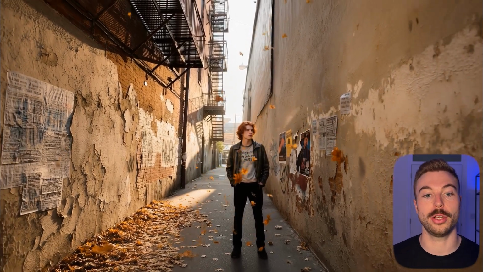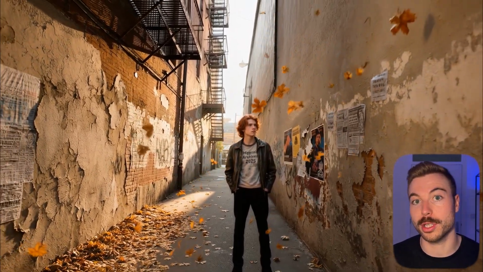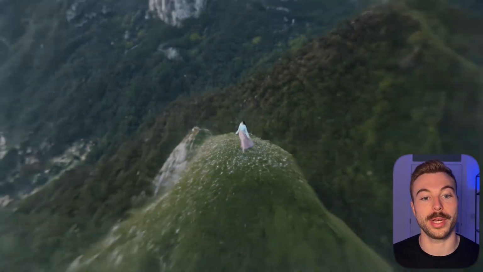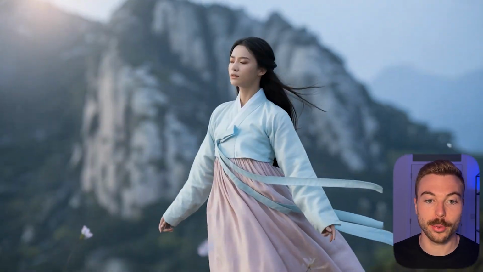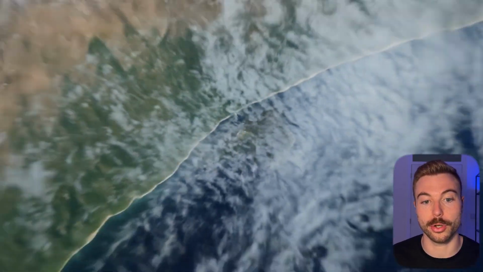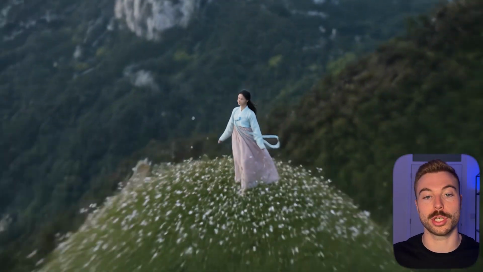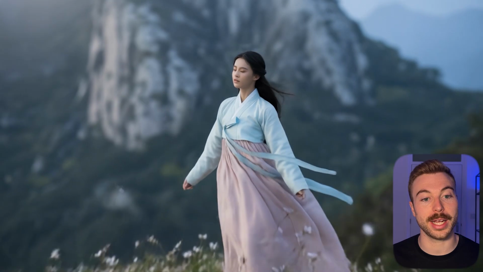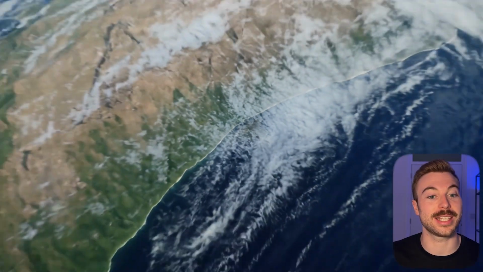This example here is all around the rapid zoom out, which is a feature that I think will be really good for lots of creators out there if they've got maybe a product they're selling or actually trying to go through and zoom out on a larger scene. Another example is that zoom out effect. As we can see here, we've got a lady that's currently stood on a mountain top and we're able to go out to that much, much wider view. Again, keeping that real key consistency as we pulled back